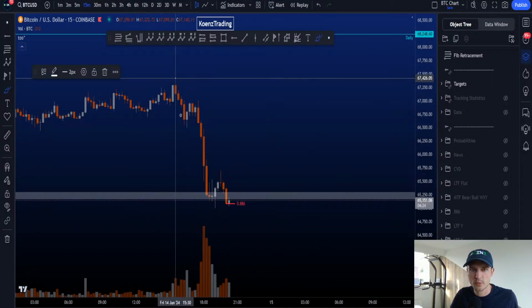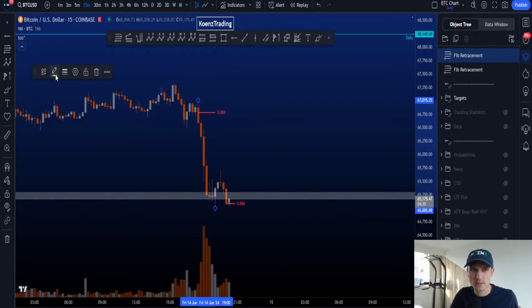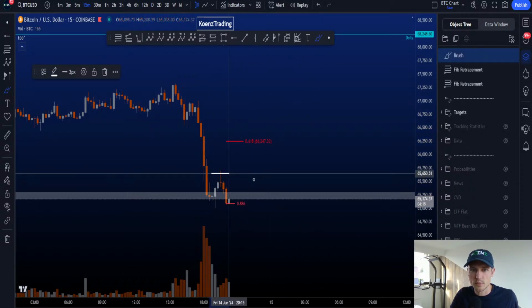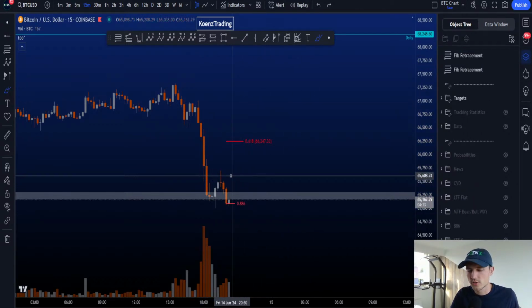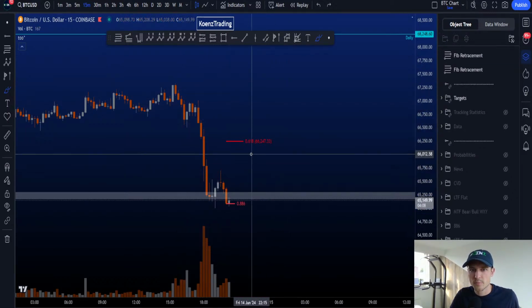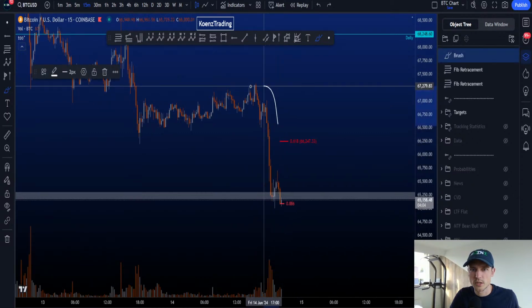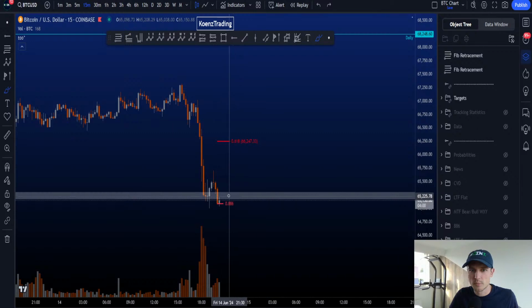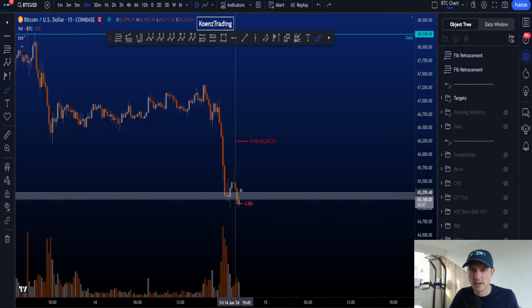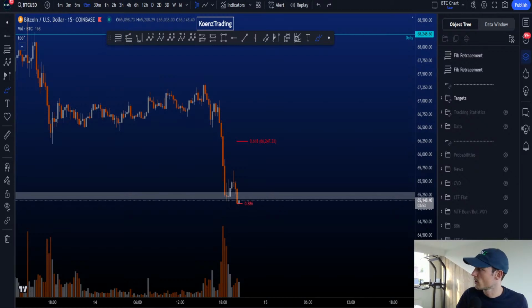Now, if we count an impulse, 1, 2, 3, 4, 5, right? We take a fib from the high to the low, toggle on the 618, and arguably we are still in wave 4 price action here, right? Usually wave 4 is longer in time than wave 2, or bigger at least. If price can move up and hit 66.2k, then the probabilities will increase for price to continue ranging over here and look for the highs. But at the moment we are below the support resistance area, had some bearish CVDs and touched an 886. So coming in hot